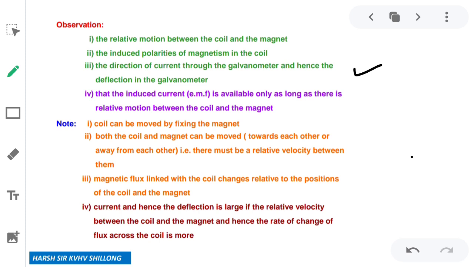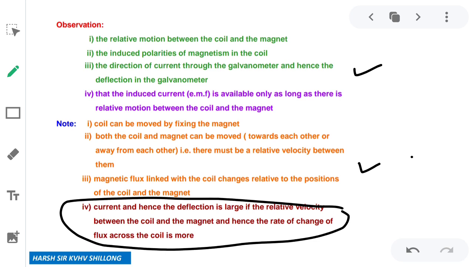These are the observations. What are the conclusions? The conclusion is simple. The magnet moving relative to the coil means the flux linked to the coil is changed. So it is clear that flux change is a must, because a stable magnet will give the presence of flux but will not induce current. So the presence of flux will never prove the induction of current, but the changing flux is important for the induction of current. Secondly, the relative velocity also matters here. The more the speed, the higher the EMF induced. Fine.